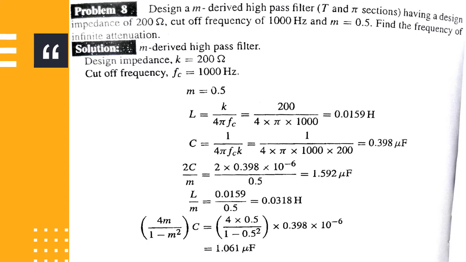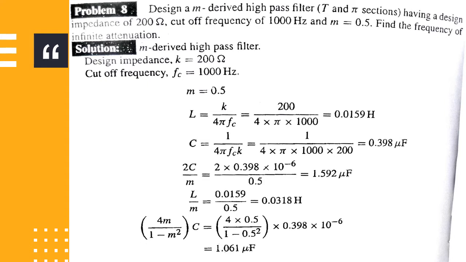See here the difference between the low pass and the high pass: the formula for the inductor and the capacitor, and even all other formulas, are different. So here K divided by 4 pi FC, 200 divided by 4 pi into 1000, you will get the inductor 0.0159 Henry. C is nothing but 1 by 4 pi into FC into K, 1 by 4 pi into 1000 into 200,